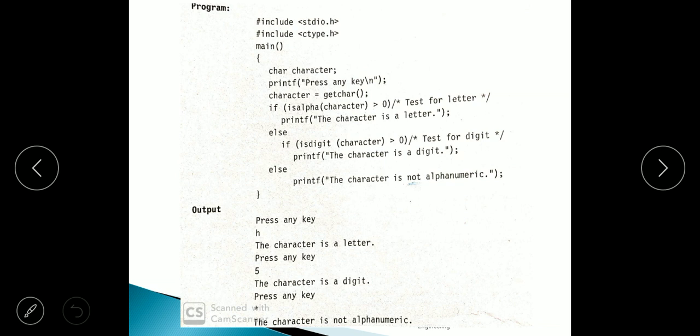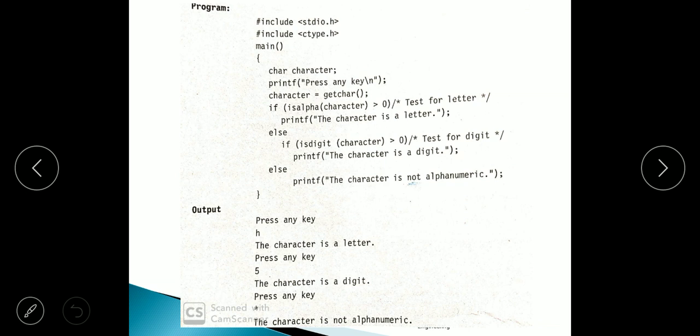So if it is greater than 0, printf the character is a digit, otherwise, the character is not alphanumeric, meaning the character is neither an alphabet nor a number, because we have checked for both of them. If both are not satisfied, then the character is not an alphabet or a numeric.